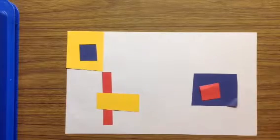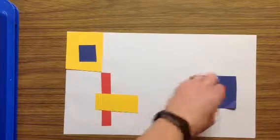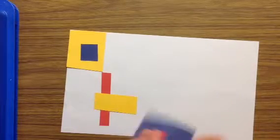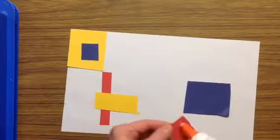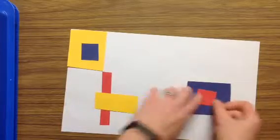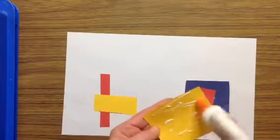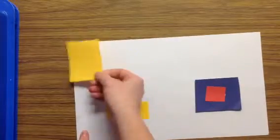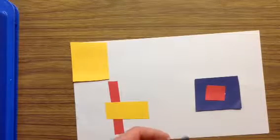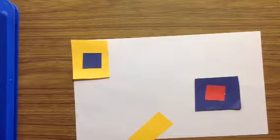When I get a couple in a spot that I like, I'm going to glue them. I want to make sure I get them glued down, otherwise they're going to get lost, and I won't have them in those spots for next time. So I'm just putting a tiny little bit of glue on each shape. My goal is to really fill up my paper. I still want to see some white, but I want to have some of these squares and rectangles spread out all over. If you want to stack them,